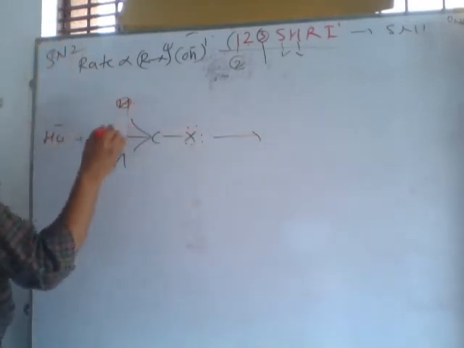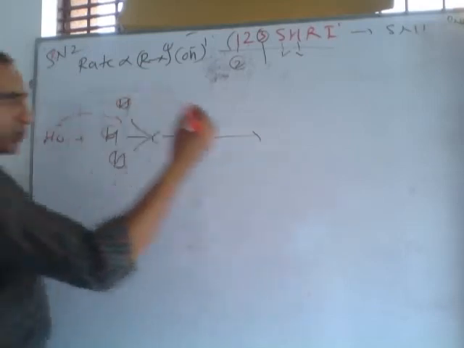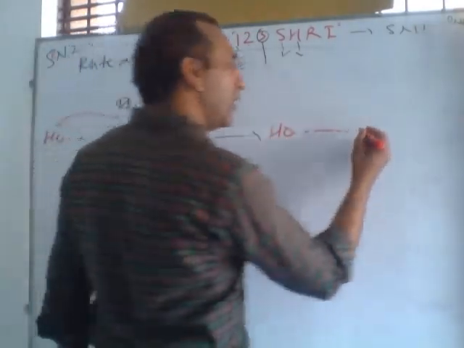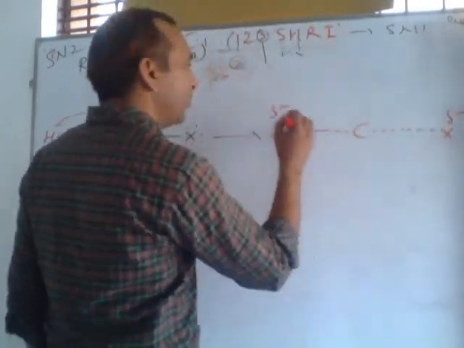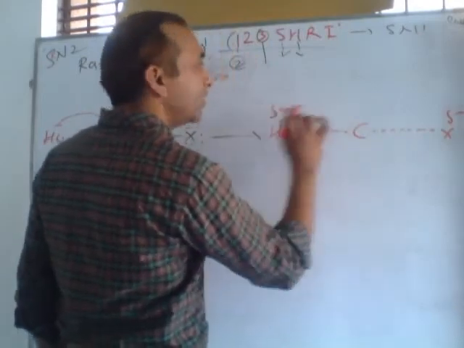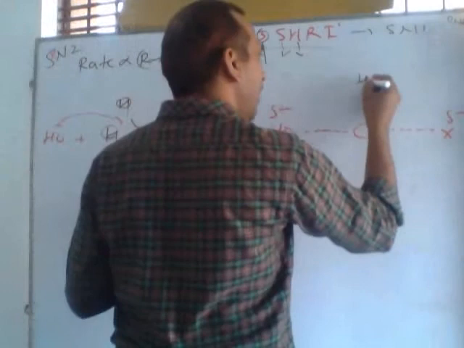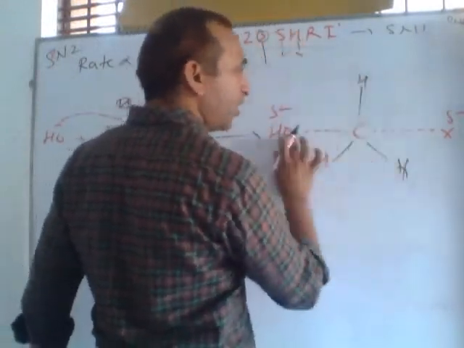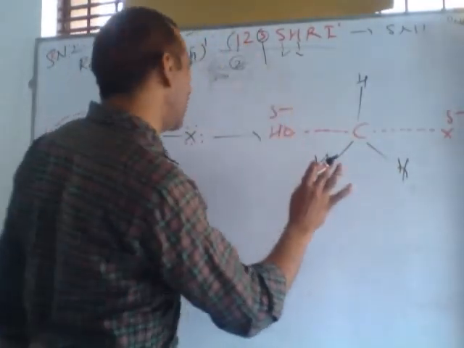So these are very small atoms, there is space for attacking this OH. OH minus attacks on this carbon at this time. This OH indicates it is ready for attacking, and this dotted bond means it is ready for removal. This is ready for attacking, this is ready for removal, and these 3 hydrogens are now oriented in this way. This is actually a trigonal bipyramidal shape. This is a very unstable structure.